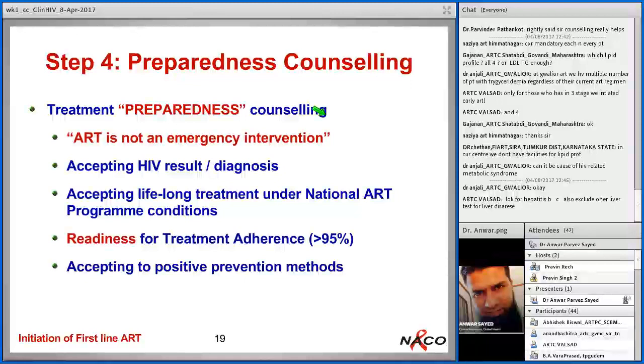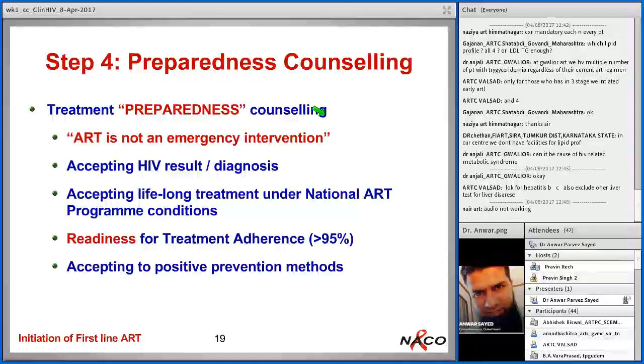See, though preparedness is required, and we understand that ART is not an emergency, patients can be counseled properly and only then started on treatment. But the 3 settings ideally should happen by the time your patient is ready for treatment initiation. One of the aspects of post-test counseling is ART counseling. Post-test counseling happens at ICTC. When the patient comes to the ART center for the first time, you should talk about ART. And when the patient comes back with the CD4 test results, again you need to talk about ART.